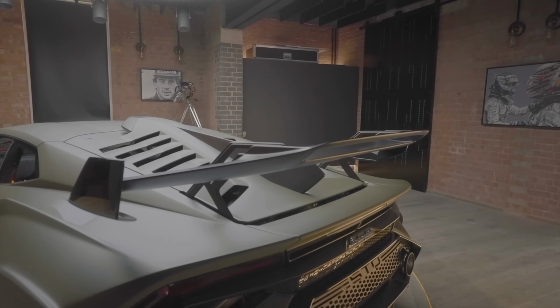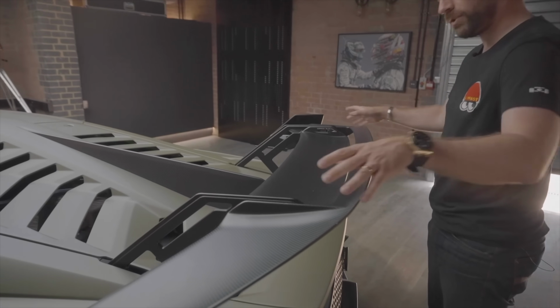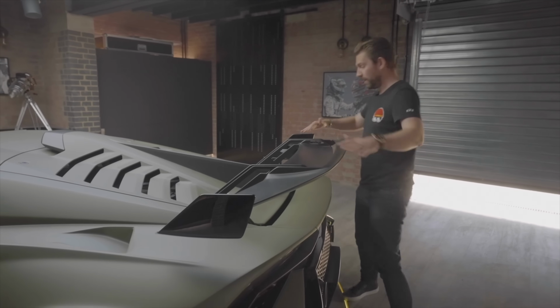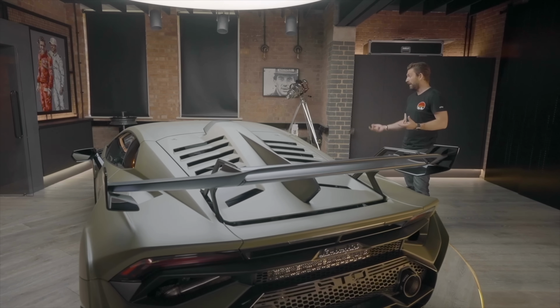Pretty trick indeed. And then the wing itself, the keen-eyed of you might have noticed that it is a twin aerofoil setup, which is also manually adjustable. Lamborghini says depending on the pitch and angle of attack that you set the wing, you can adjust the balance of the car aerodynamically by 13%. So they've really thought about this,